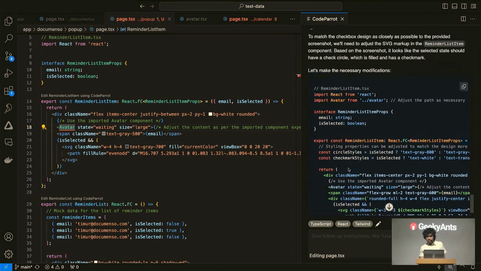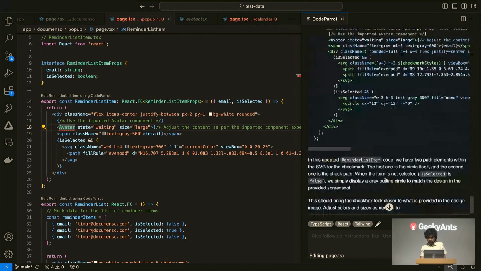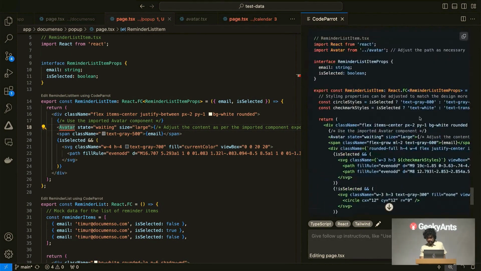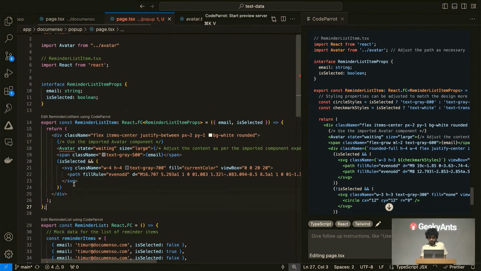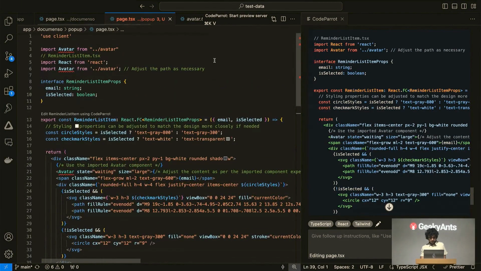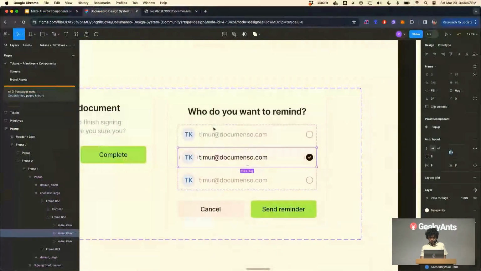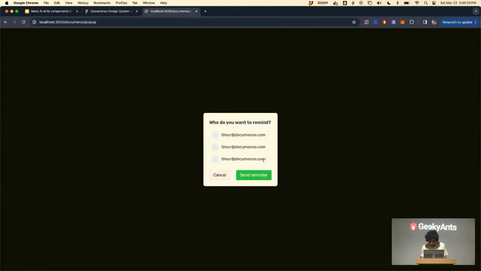Yeah. So let's see. It has now given us something that, based on the screenshot, should match this one. Let's see. Okay, again, we just have to update the reminder list item. Huh. Okay, I guess in some ways it is better. It added a component, but still,